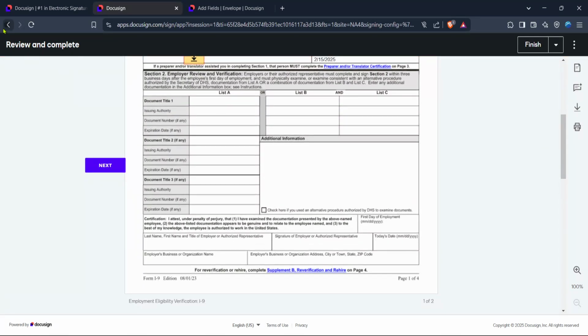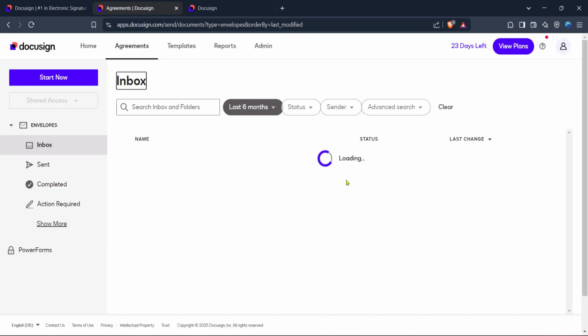Now, if this document is something that needs to be sent to another party, look for the Send button. Clicking on it will initiate the process of forwarding your signed document to the intended recipient. This is particularly useful if you're collaborating with others or need to confirm your signed document is reaching its destination. You might need to click on Send more than once as prompted.